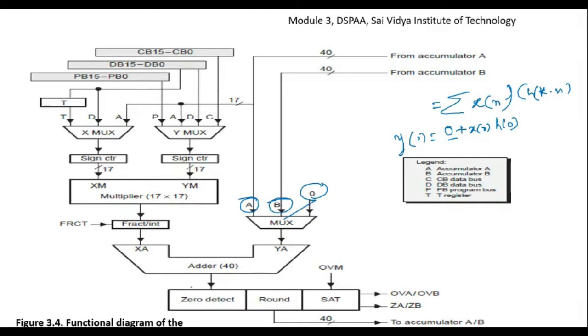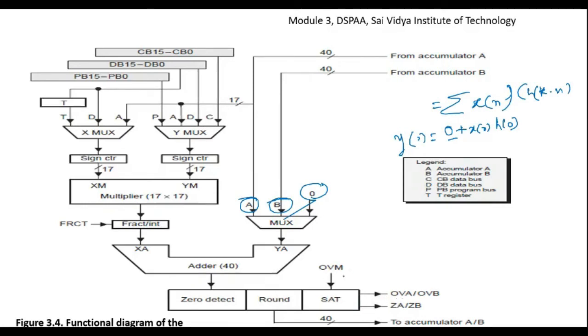After performing the addition, again the sign bits and register bits are going to affect. One is zero detect, the added value may be 0. Or round the data to the highest value or to the least below value, round up, round down, round off, that concept. And saturation: since 40 bit is there, I may get some more data, 41 bit or 42 bit data, upon performing the multiplication and addition. Then what happens? The overflow flag bits, overflow from accumulator A and overflow from accumulator B, are going to be set.